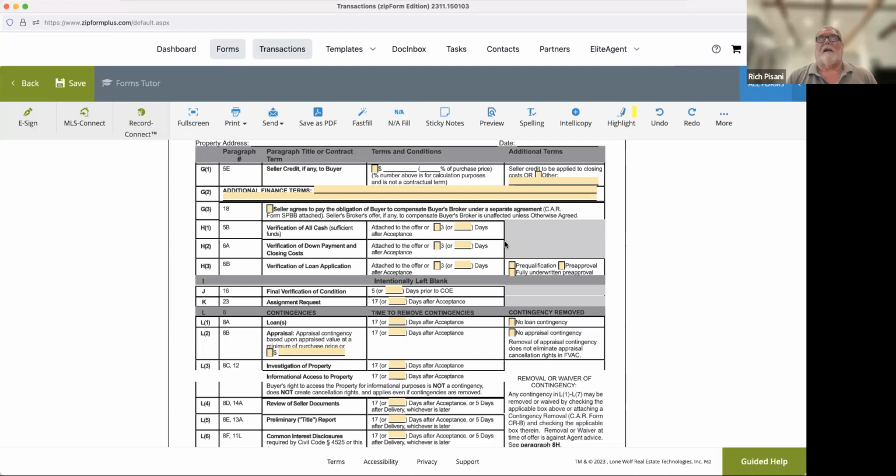Say you're offering $550,000 for a property. So you can say the appraisal contingency is based on the appraisal value at the minimum of purchase price, which would be 550, or if you check that box, 525. What does that do? That says that the buyer is willing to move forward if it appraises for less than value at 525. That means they're willing to come up with $25,000.